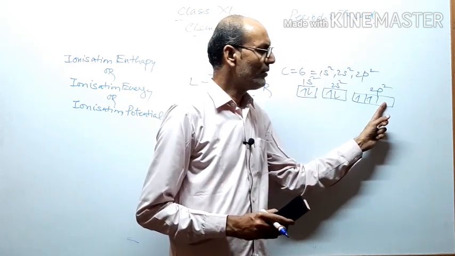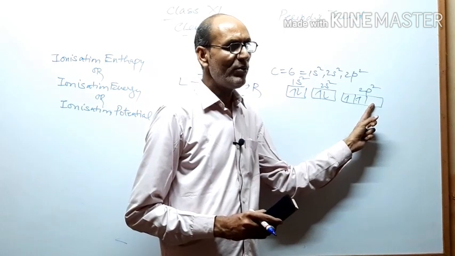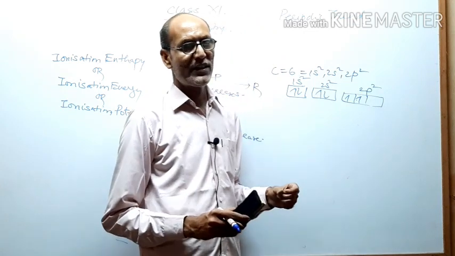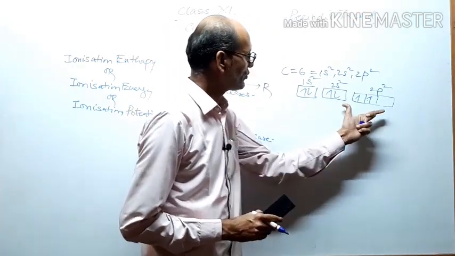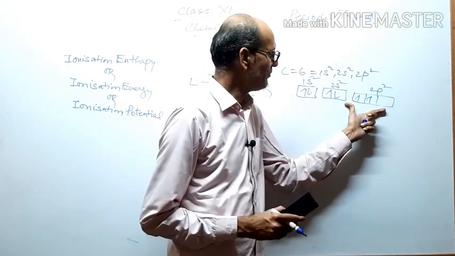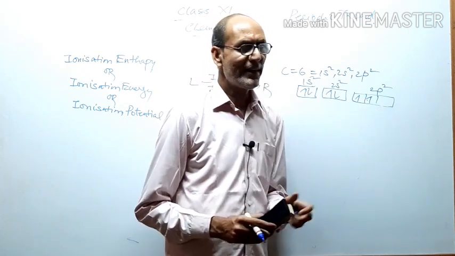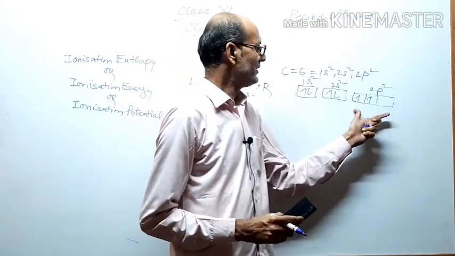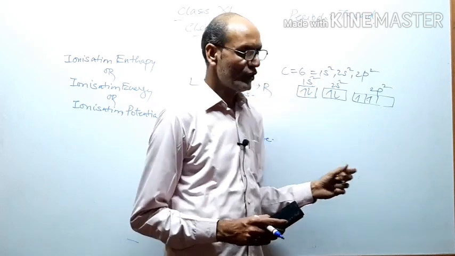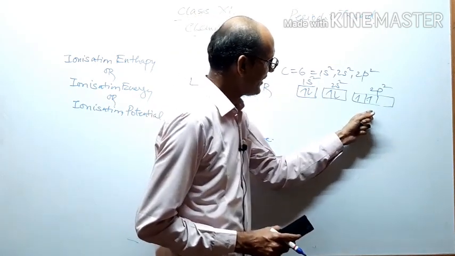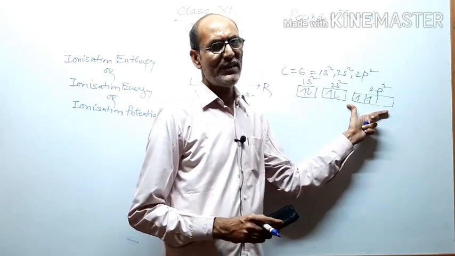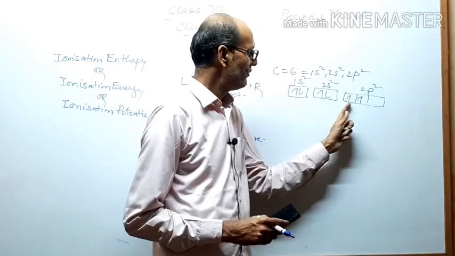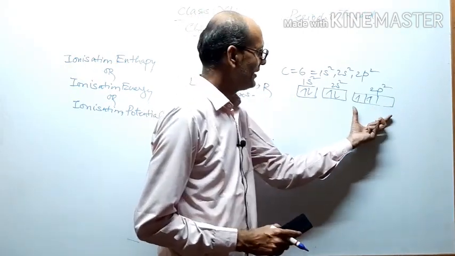Which will be the most stable element? If all the orbitals have 2 electrons, in that case it will be most stable. At the second number, if all these 3 orbitals have 1 electron, that will be called half-filled orbital. Its stability will be at the second position. In this case you are seeing it is neither completely filled, that means not having 2 electrons in each, nor do they have 1 electron each. So it is less stable.